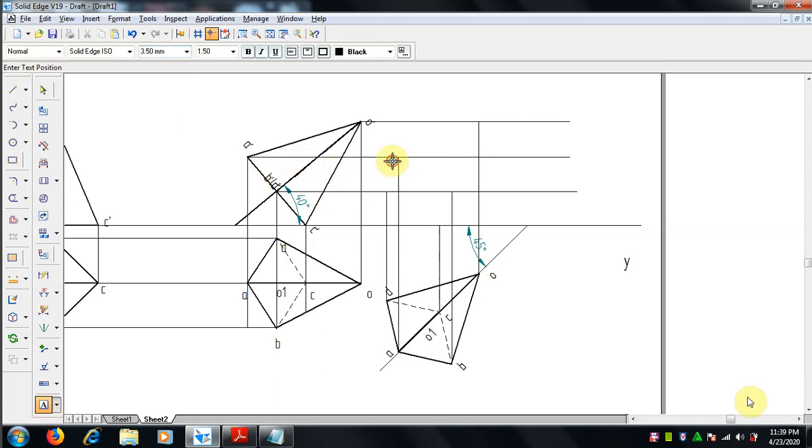Now mention the letters where it is required. Intersection of A and A dash, B and B dash, C dash, D dash. And here it's O dash.